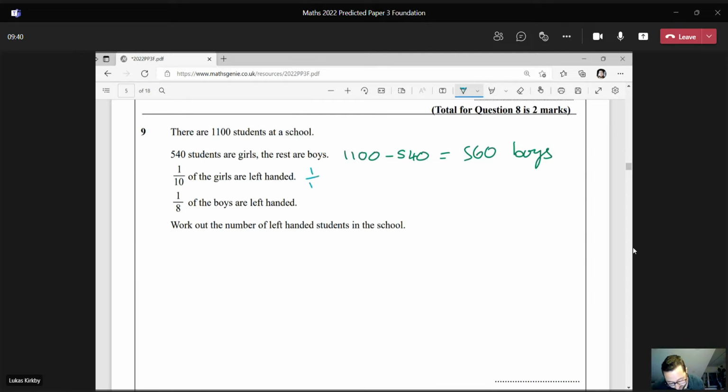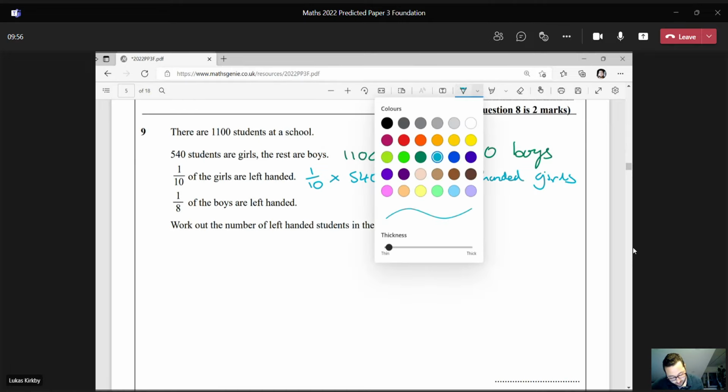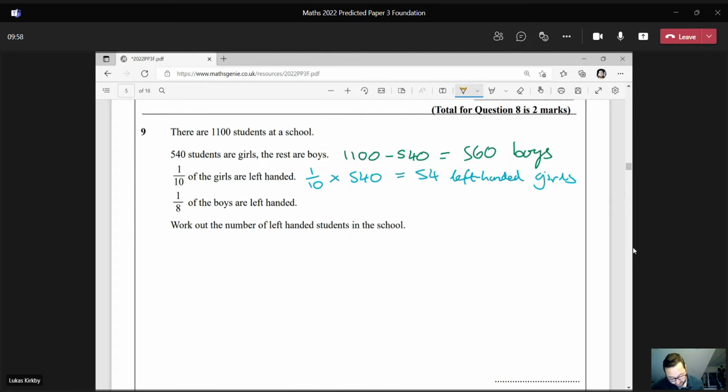So 1/10 of the girls are left-handed, so we can figure that out. So 1/10 times the girls, which is 540, is going to give me 54 left-handed girls. And then it says 1/8 of the boys are left-handed. So 1/8 times, well, this is where my boys come into play. So 560, and that should be 70